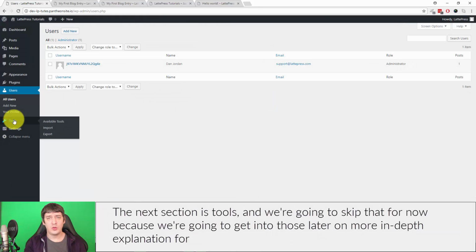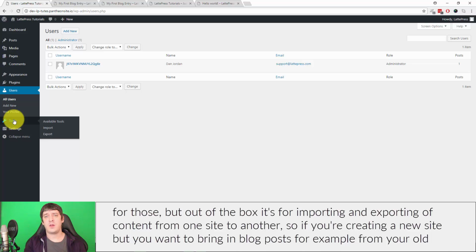The next section is tools. We're going to skip that for now because we're going to get into those later on, with a more in-depth explanation. But right off the bat, out of the box, it's for importing and exporting content from one